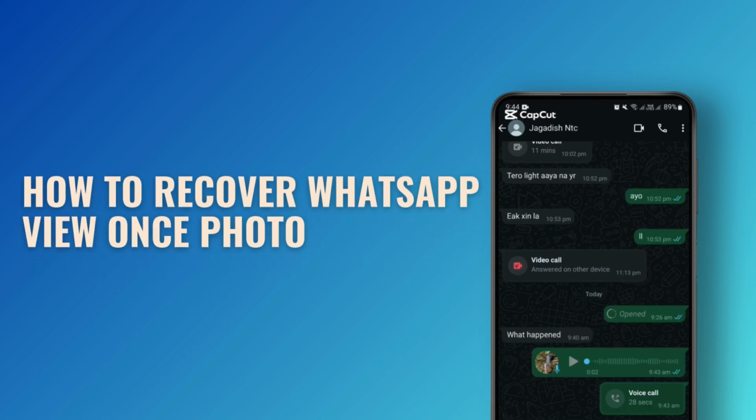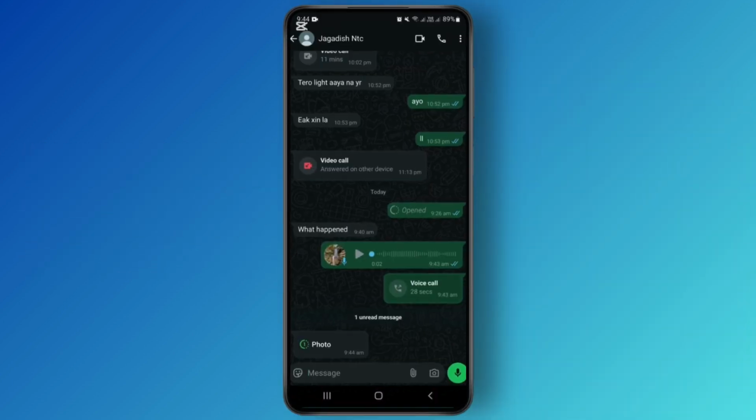How to recover WhatsApp View Once photo. So hello guys, welcome back to this quick tutorial video. Today I will show you how you can recover the WhatsApp View Once photo. So let's get started. So let me show you, this is the picture which I want to recover after seeing